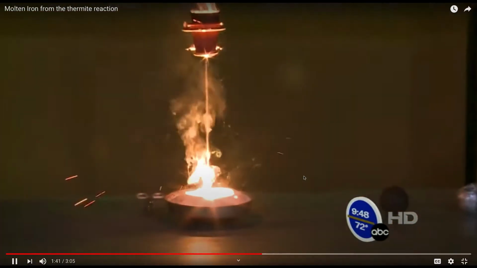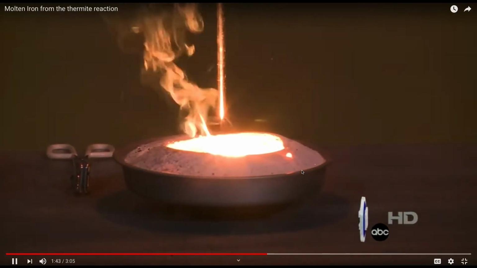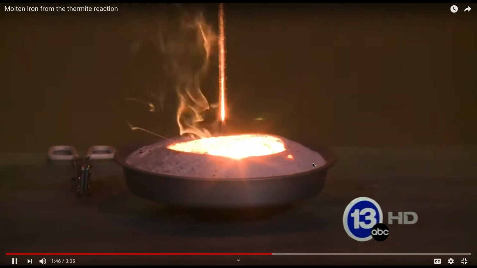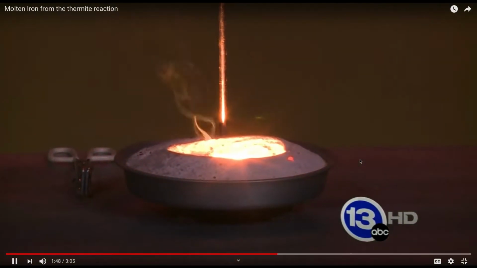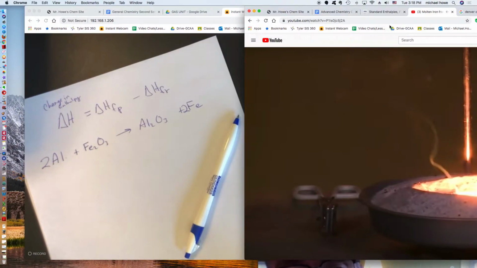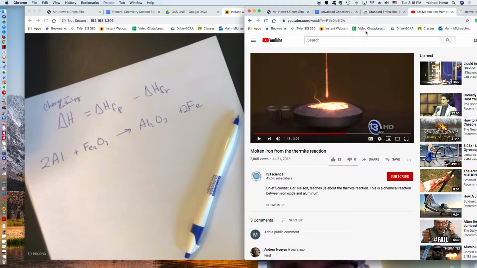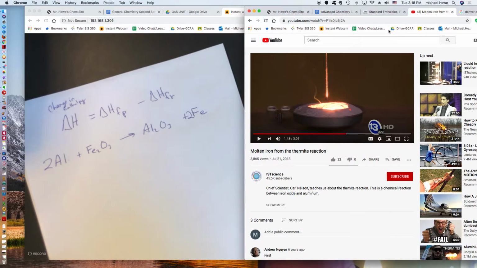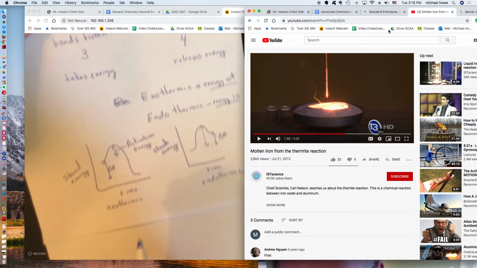Notice it melted right through the flower pot. Because what you see dripping out of that is molten iron, over 4,000 degrees Fahrenheit. So that particular reaction is what we would say is very, very exothermic. Energy is being released. So if you remember the reaction profiles that we did in the previous video, exothermic means